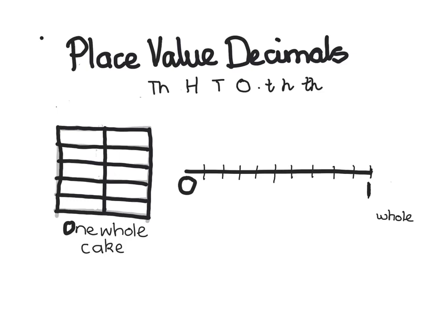the place value of decimals. As you already know, we have the headings ones, tens, hundreds, thousands, etc. That is because our counting system is what we call base 10. So if I have the number 1, I know that I write that in the ones house, and that means